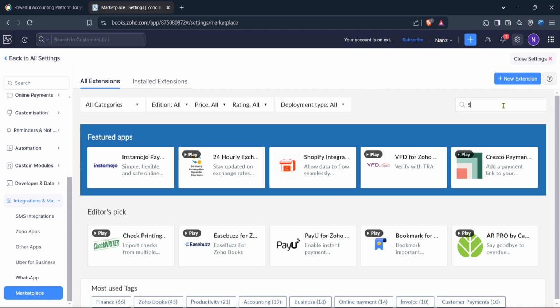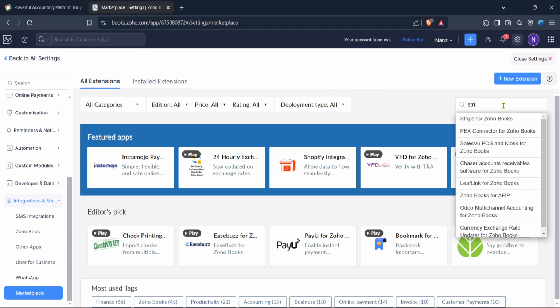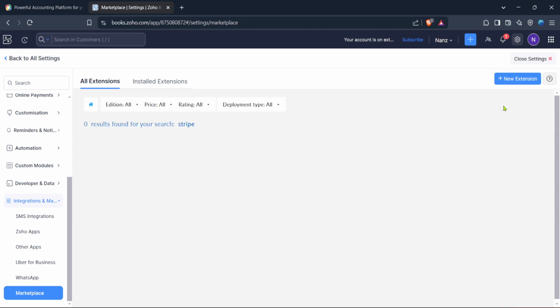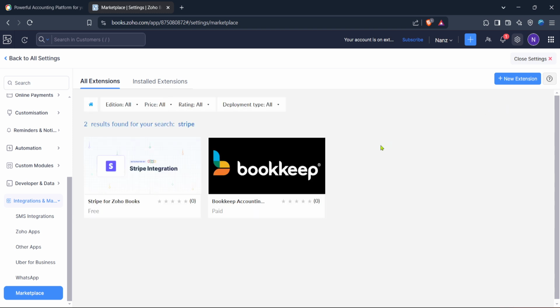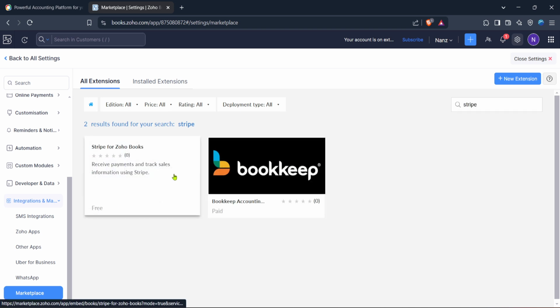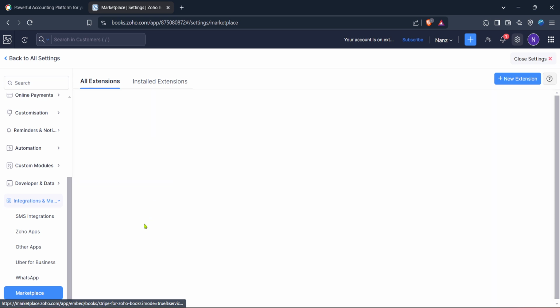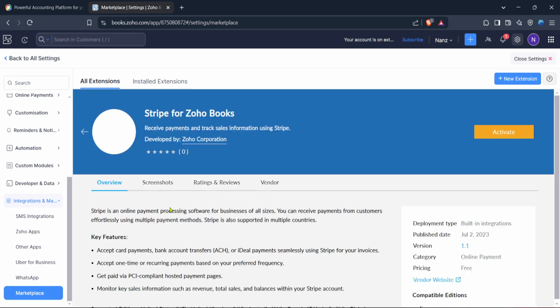Following these steps, you should now be on the Stripe integration page within Zoho Books. Here, you will have to follow the on-screen instructions to connect your Stripe account to Zoho Books. Be sure you have your Stripe credentials handy, as you'll need them to finalize this connection. Once connected, any payments processed via Stripe will automatically reflect in Zoho Books, updating your ledger in real time and